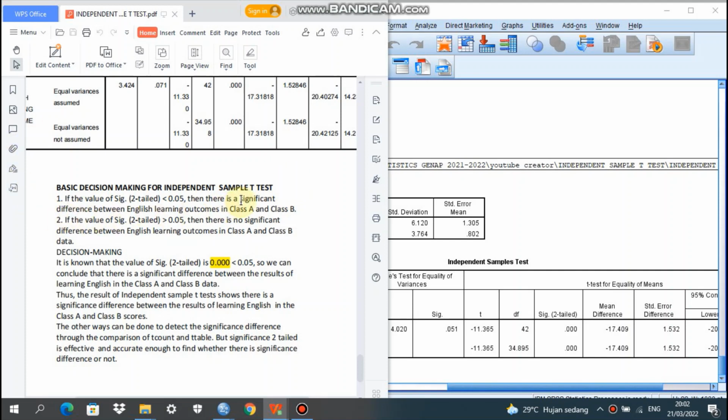Let's go to the basic decision making for the independent sample t-test.